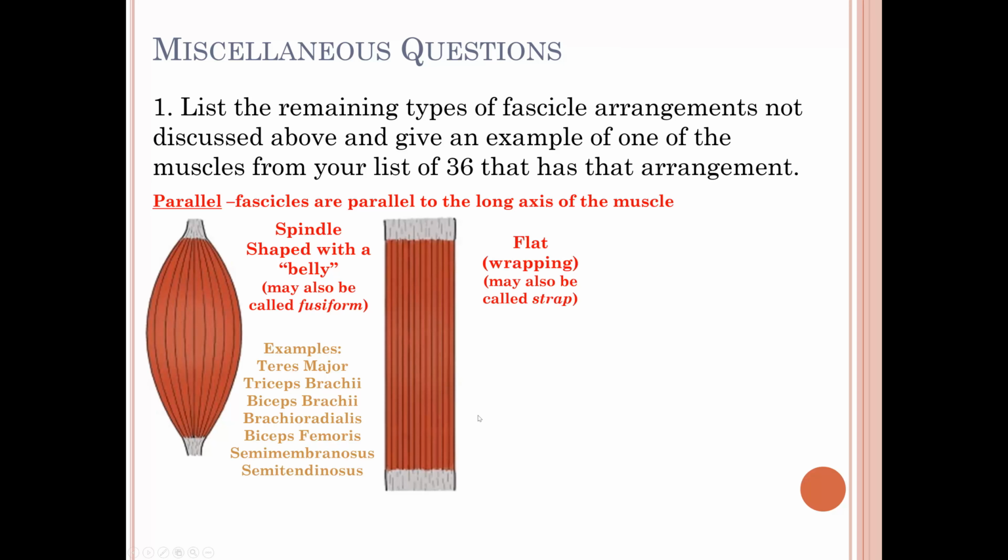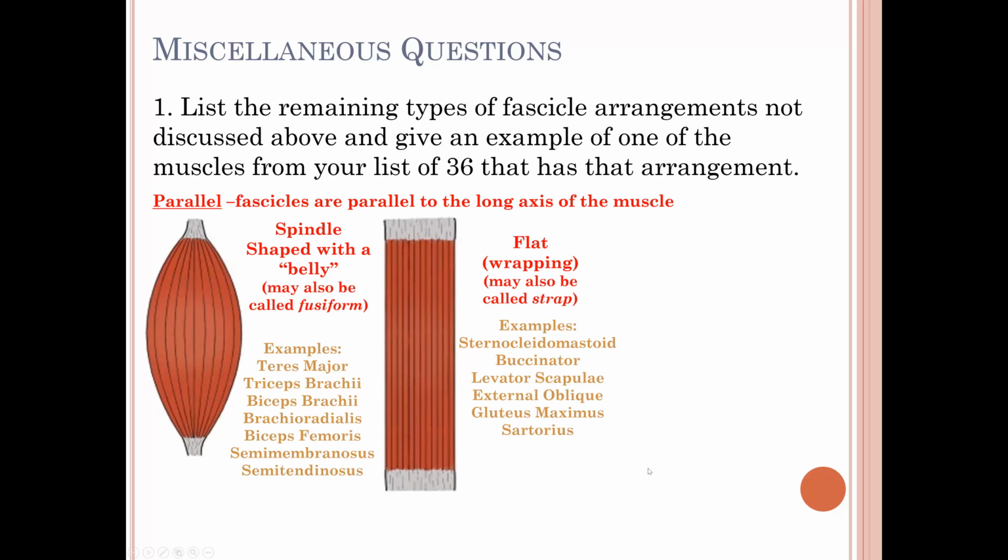You can also have flat parallel muscles. These are sometimes called wrapping muscles. They may also be called strap muscles. And some examples of these from your list are sternocleidomastoid, as we discussed before, the buccinator, the levator scapulae, the external oblique, the gluteus maximus, and the sartorius. And notice with both of these, if you look at the individual lines that represent the fascicles, they are all